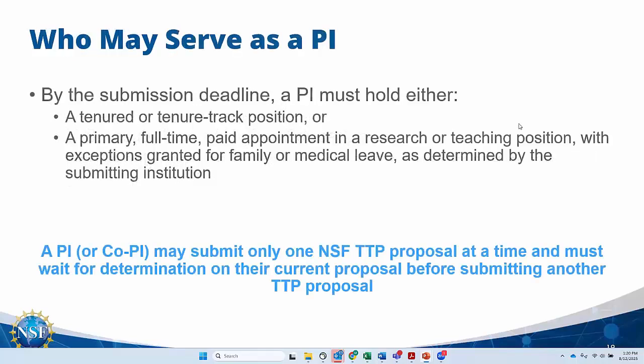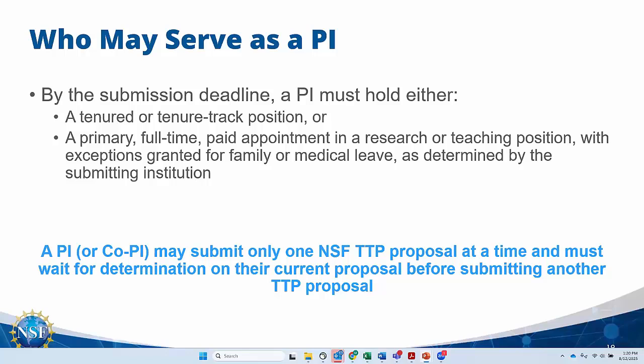There are restrictions, there are two. We know tenured and tenure track professors, faculty are generally eligible to apply. In addition, we are also open for primary full-time paid employees that are working in a research or a teaching position. So they are also eligible to apply.